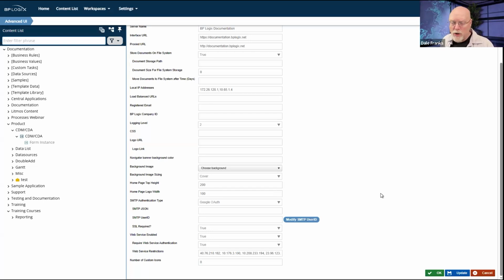Not entirely sure. There are still some wrinkles that we're working out in the background, but at least the UI portion is done. And from the testing we've done, we've been able to connect with Google and get the OAuth to work. So like I said, there's a couple of little wrinkles in the background that we're still working out. So there's a couple of Jira tickets that are not quite yet complete, but we're working on that in order to get Google OAuth to work properly.